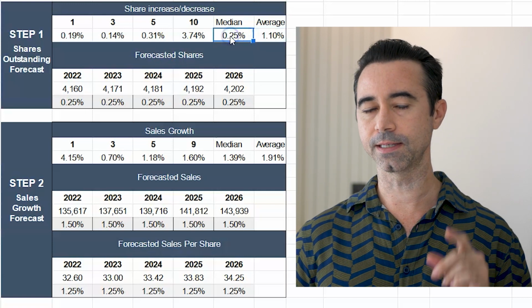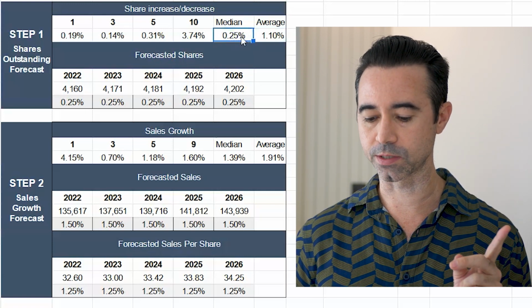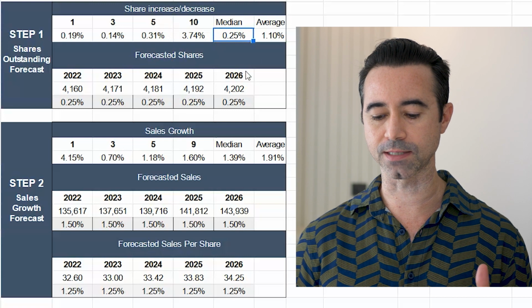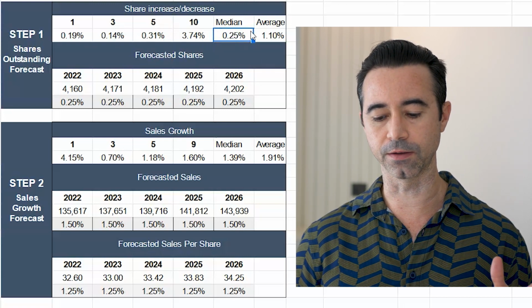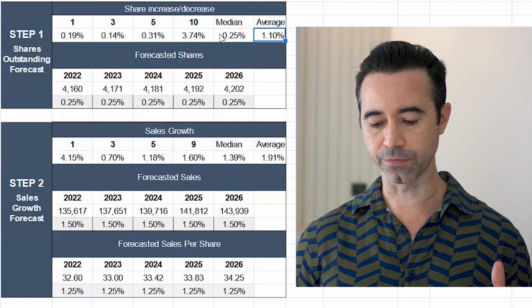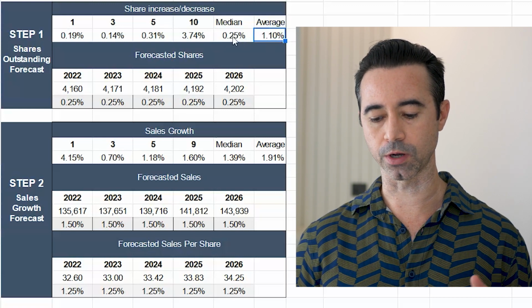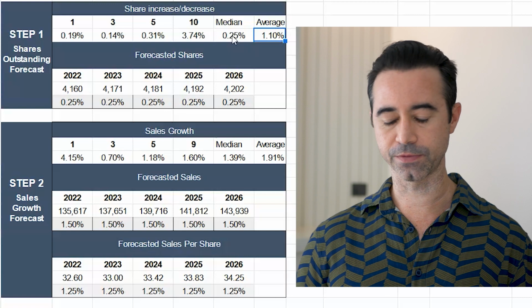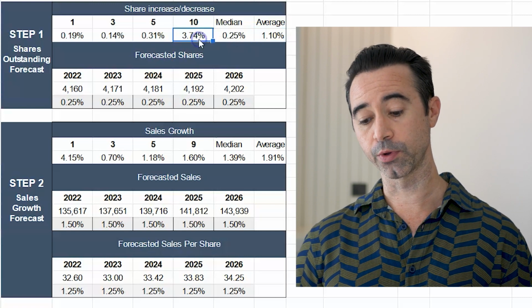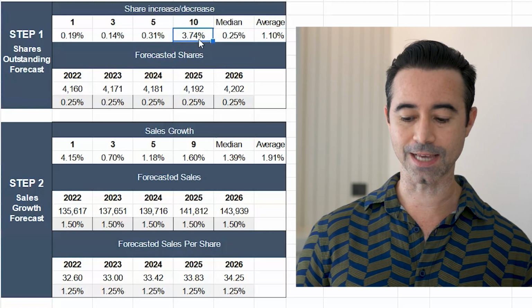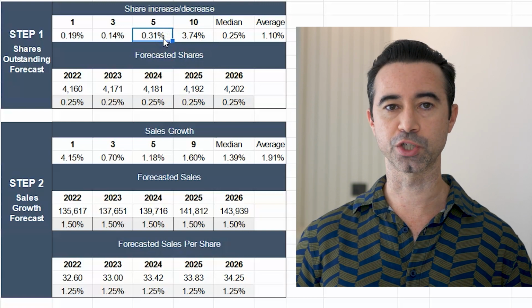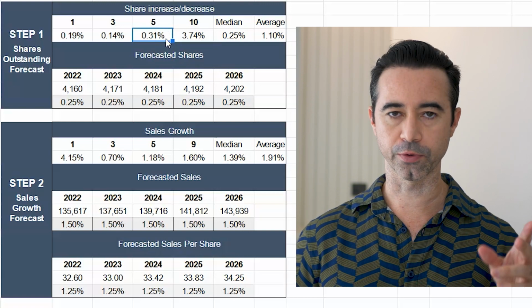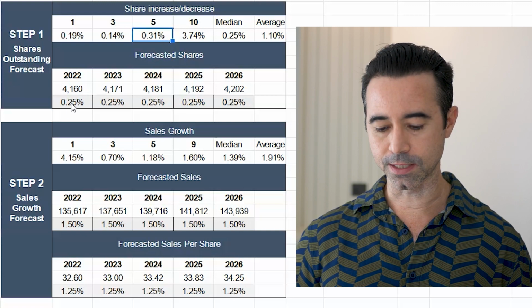So the median increase for Verizon was 0.25% over the past 10, 5, 3, 1 years. The average of these is actually 1.10. So essentially we can decide what we want to use here. 3.74% is going back 10 years, but more recently 0.34% is the share dilution. So 0.31%. So what I'm doing is I'm going with